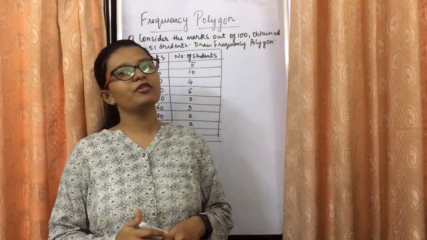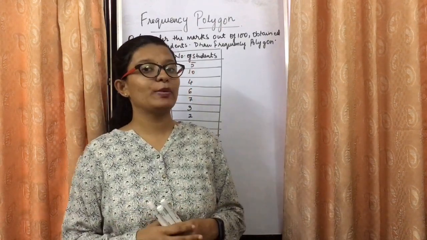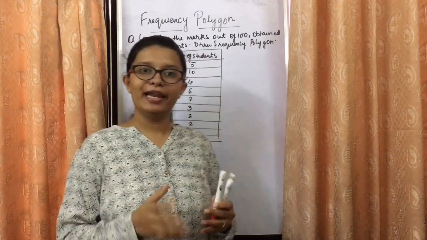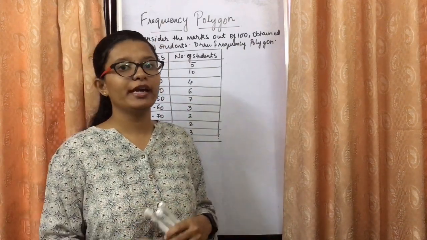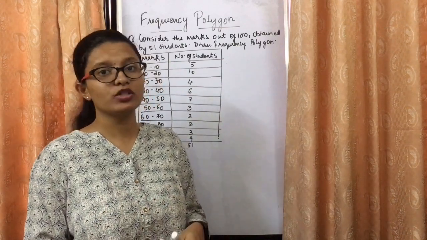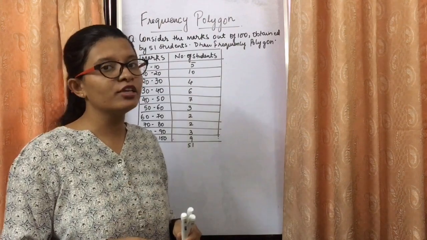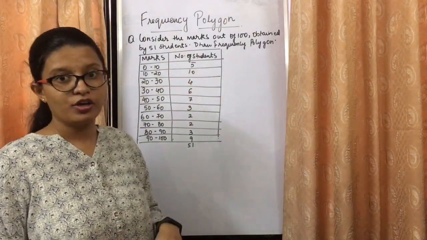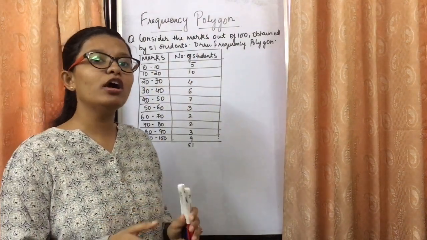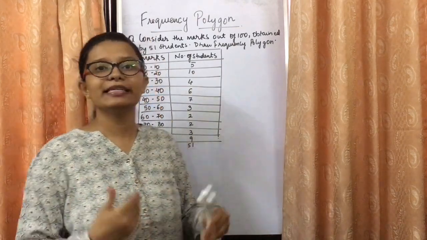In today's video, we will be seeing how we can represent the data by using a frequency polygon. पहले 2-3 वीडियोस में हम ऑलरेडी देख चुके हैं कि हम लोग बार ग्राफ्स कैसे यूज करते हैं, हिस्टोग्राम्स कैसे यूज करते हैं. Now the last graphical representation which is there in the syllabus is the frequency polygon. सो फ्रीक्वेंसी पॉलीगॉन और हिस्टोग्राम में ऐसा कोई अंतर नहीं है. It is one way of representing the data.